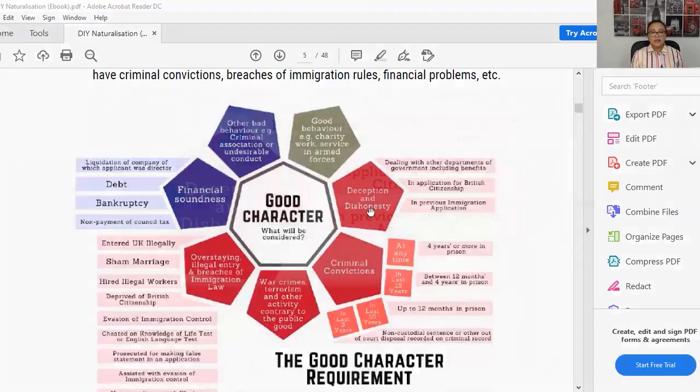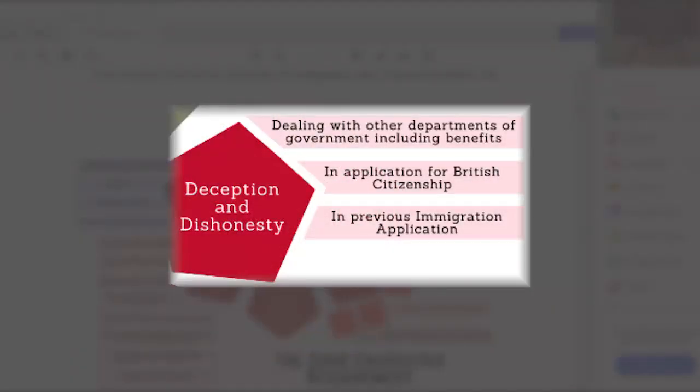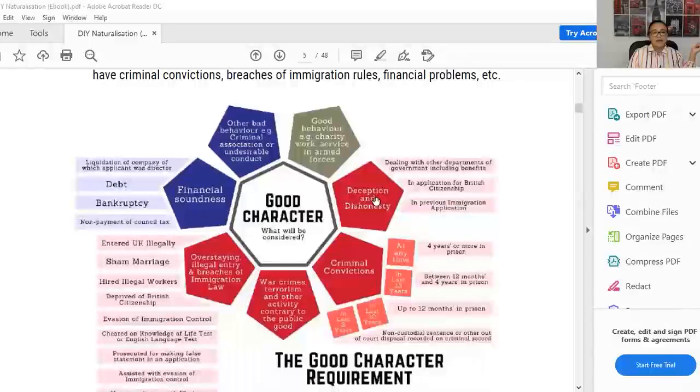The other one is deception and dishonesty. Now, what do we mean by deception and dishonesty? So dealing with other departments of government, including benefits, in applications for British citizenship, in previous immigration applications. If you've been found dishonest, or you have a record of deceiving government departments, that would have a record on the system. And so if you don't disclose it, they will still find it,